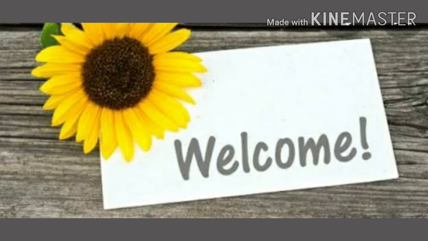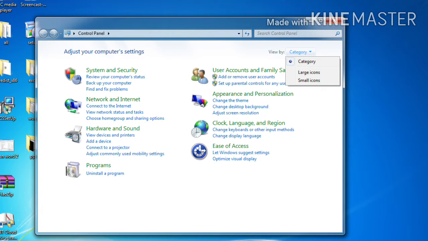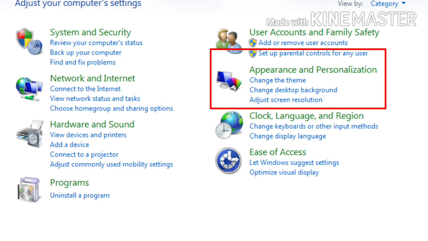Yes children, in our previous classes we have discussed different categories of control panel. Isn't it children? Okay, good. Today, let us discuss another category, and that is appearance and personalization.